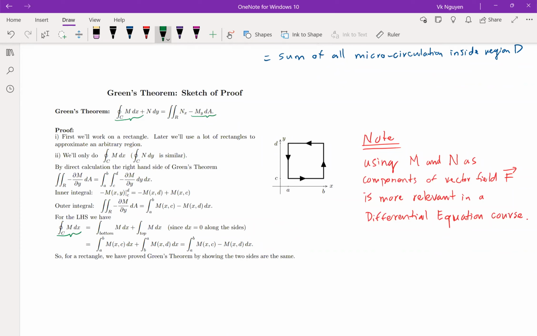If you do the bottom, you have integration from a to b, and then on the top it's b to a, because you travel in the opposite direction. Once you work out the integration,